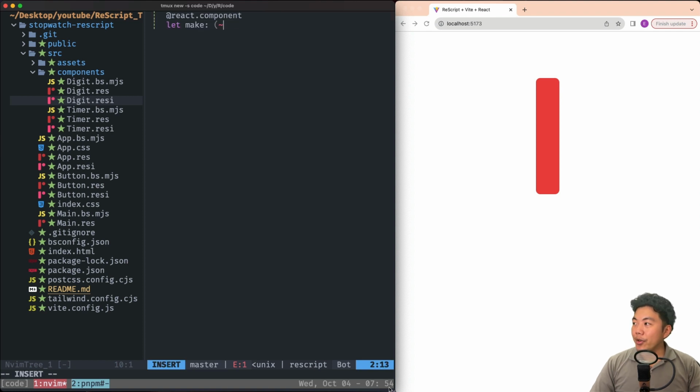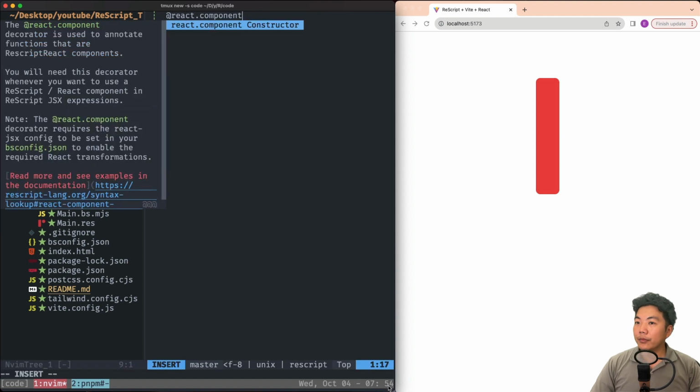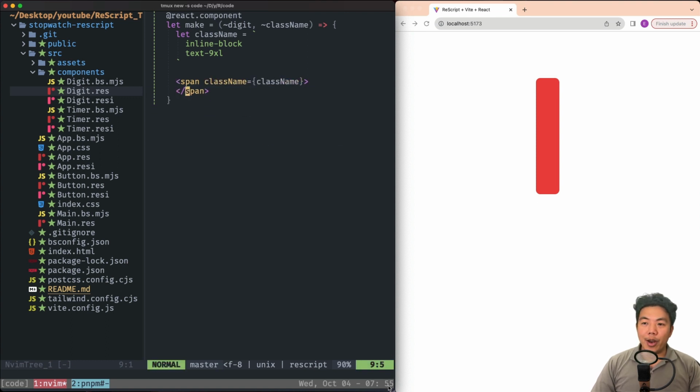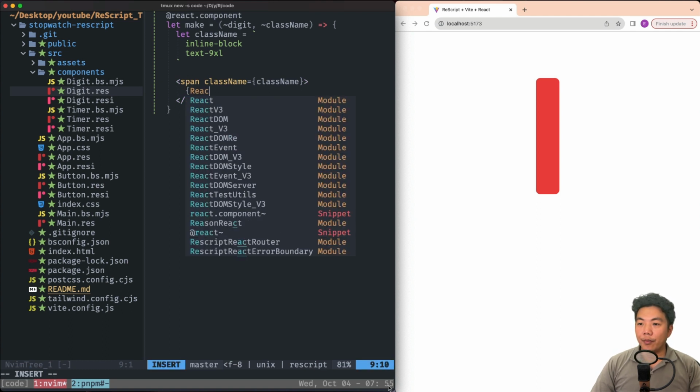So the digit will receive a digit as string, also a className. I already know I need a className. And it's going to return a JSX element. Let's code the digit. Unlike JavaScript, in order to have a text element inside JSX, you need to use the React.string function.